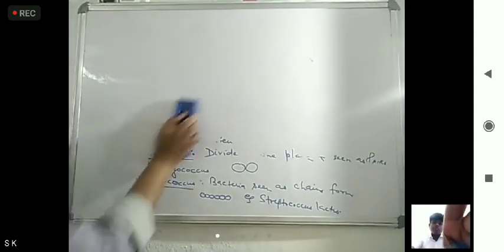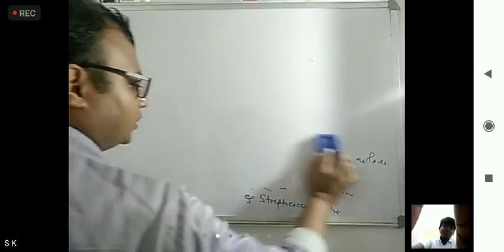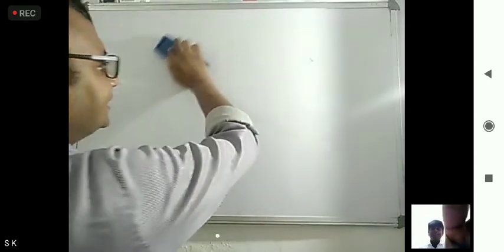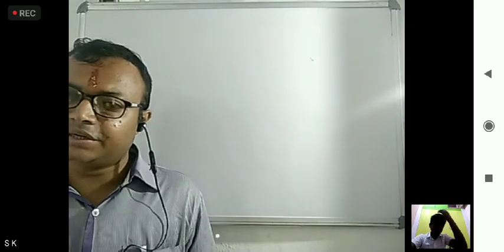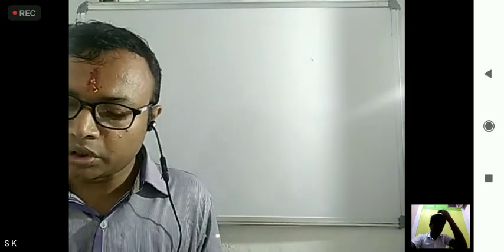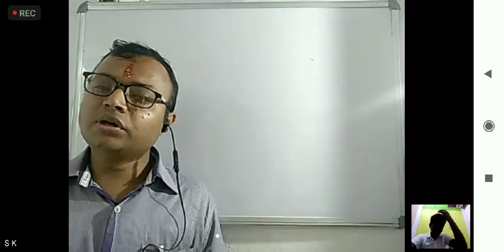This was already asked as a question: Streptococcus is having what form? A chain-like structure. You have to remember, chain-like structure, that is Streptococcus. Okay. Next, Tetracoccus. So next is